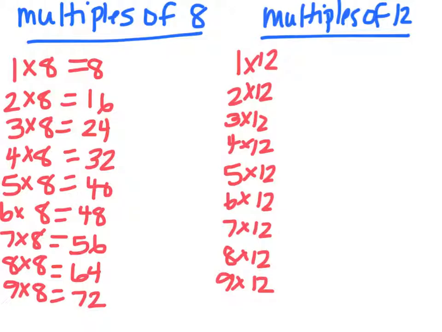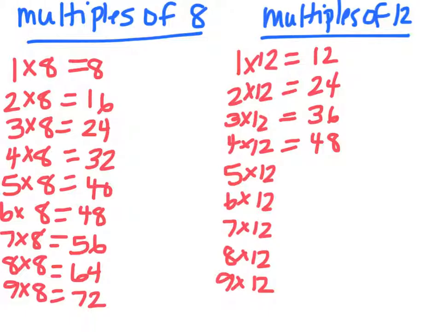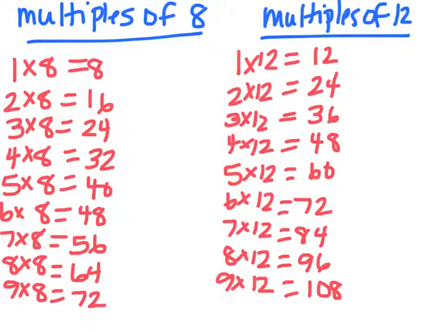Now let's move to 12. 1 times 12 is 12, 2 times 12 is 24, 3 times 12 is 36, 4 times 12 is 48, and so on until we've filled out the rest of our multiples for 12. Now that we have the first 9 multiples of 8 and the first 9 multiples of 12, let's look for